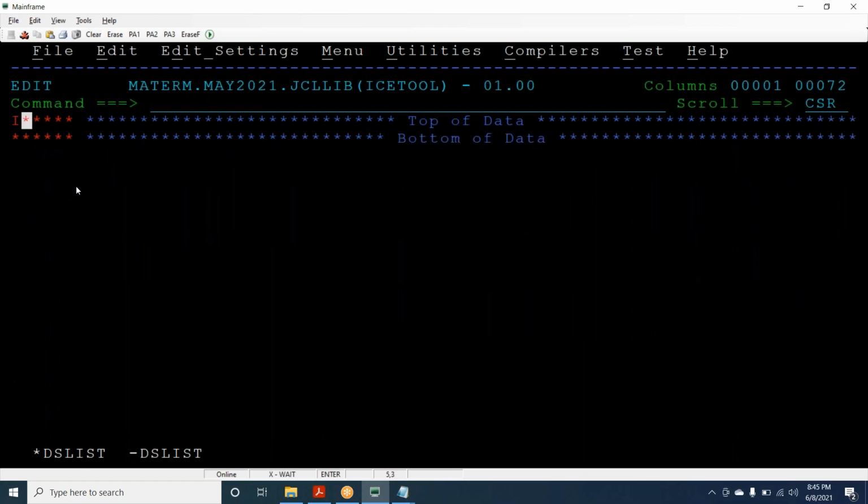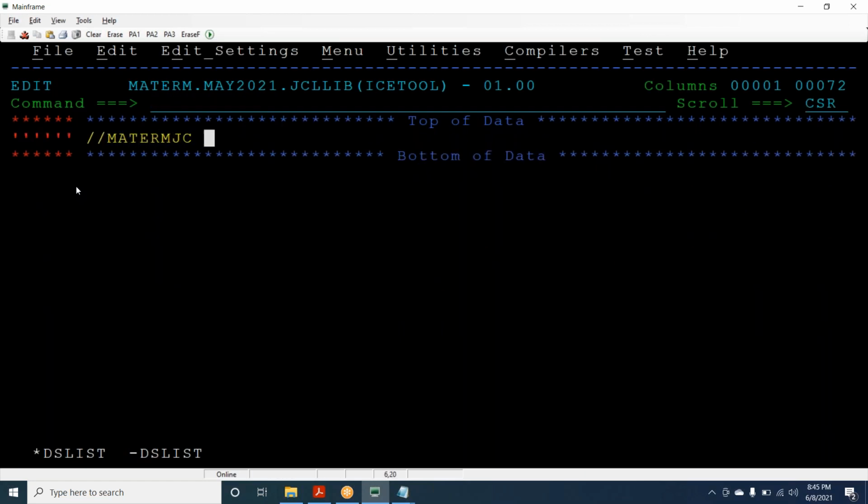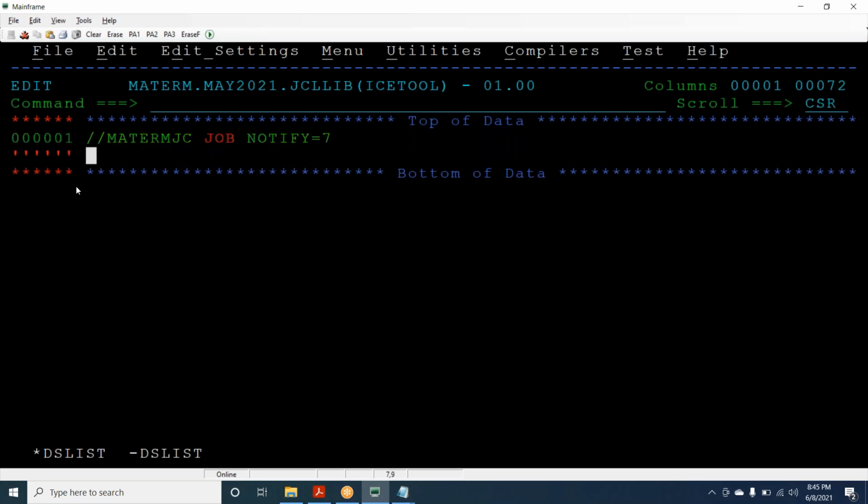I'm writing a job card. Step 1: which utility are you using? ICETOOL is the utility.